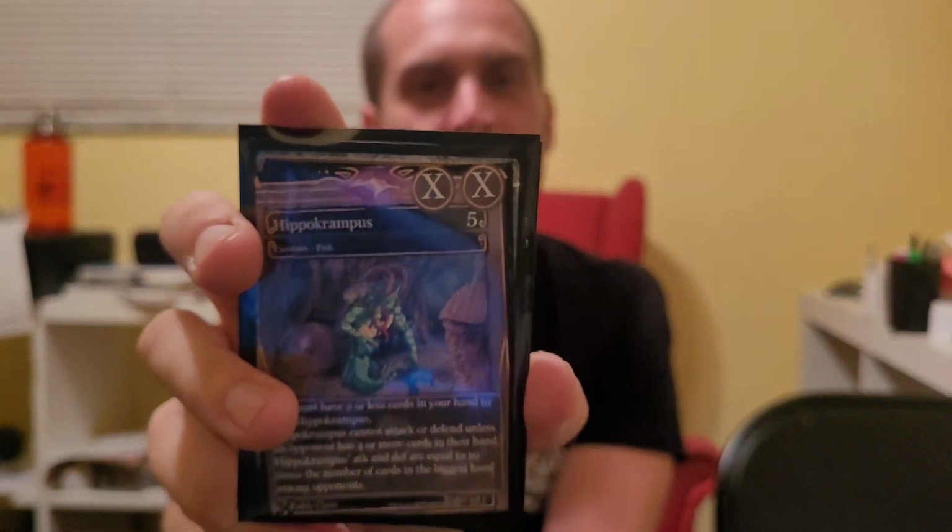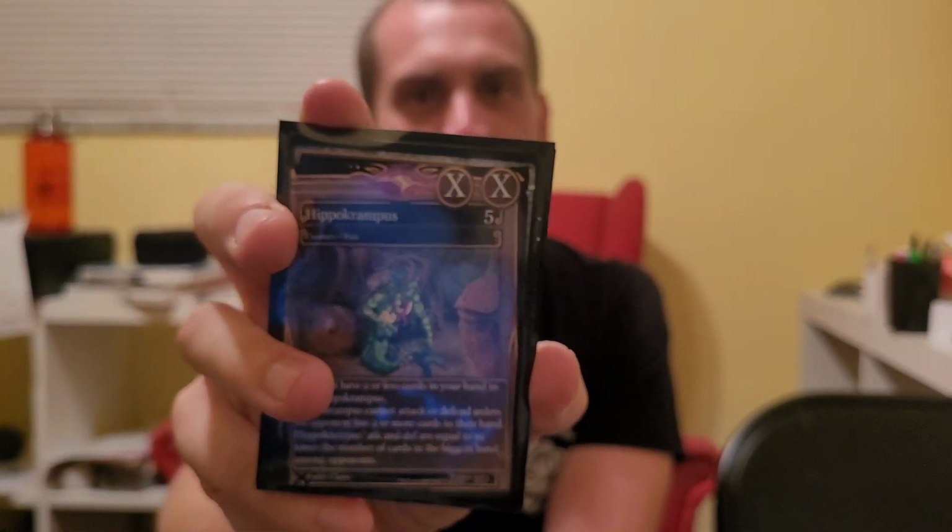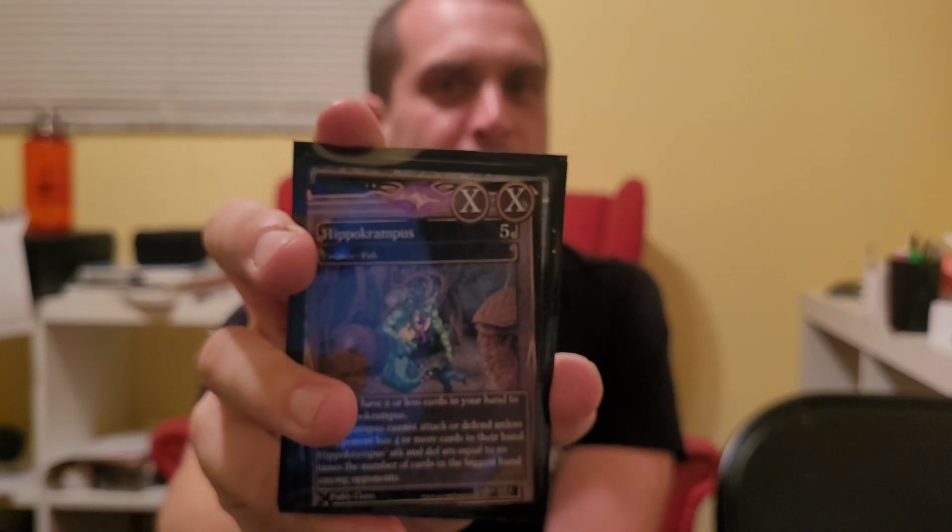It's a pretty big deal. And this costs, and the Croaker costs nothing. This is Hippocampus. This is a staple of the fish deck, and he's really cheap for how powerful he can be,